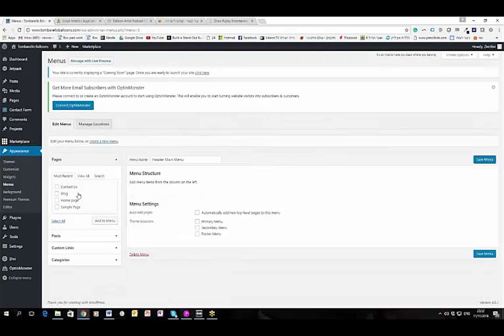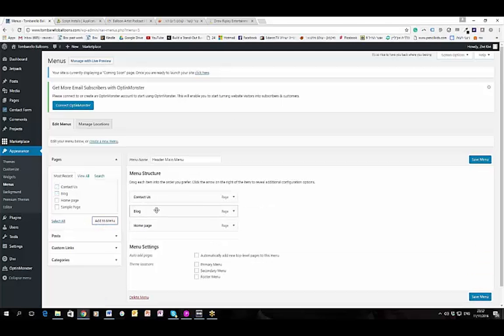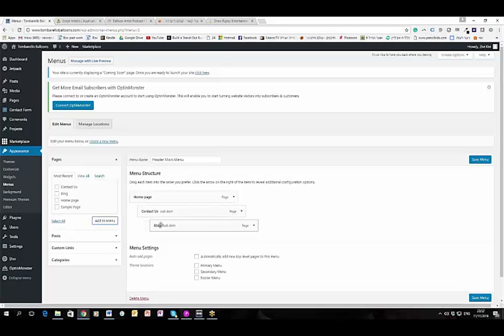And I'm going to choose a few pages and put them inside. And I just want you to see that I can drag it. I can drag it to the right so that this is under homepage. I can drag it too, so homepage has now 2 pages under it,